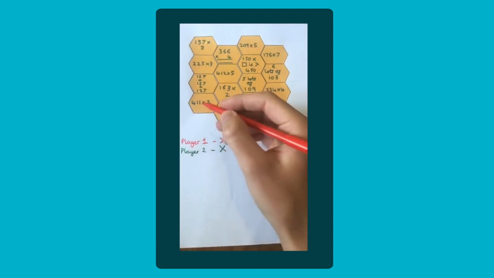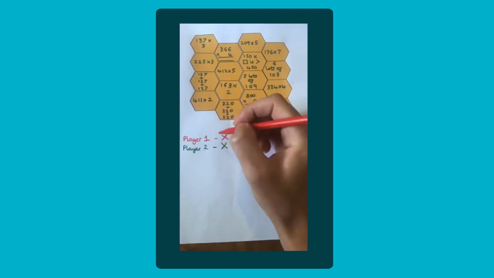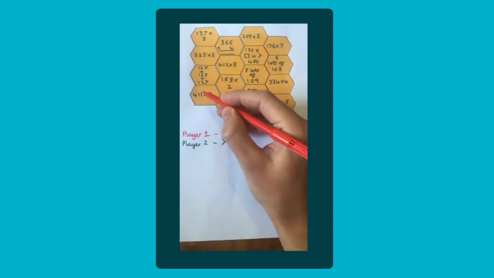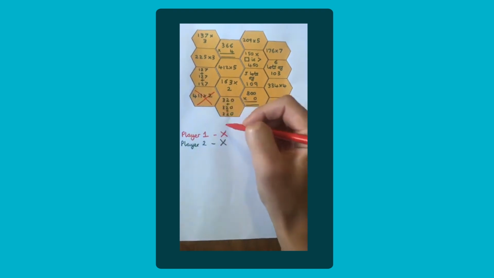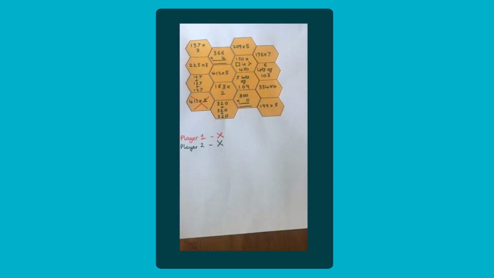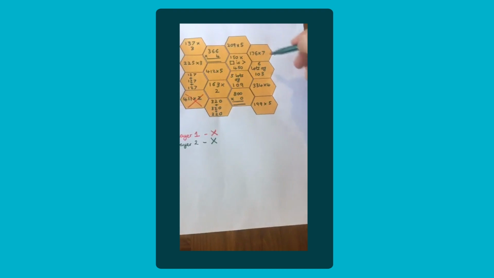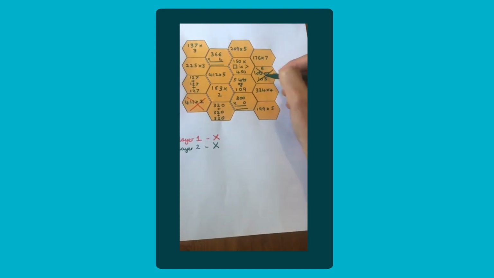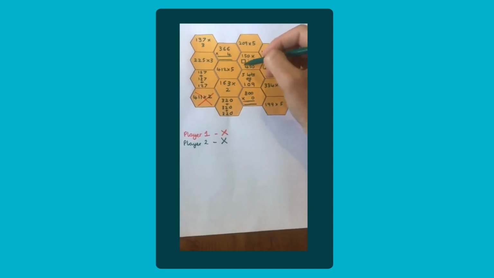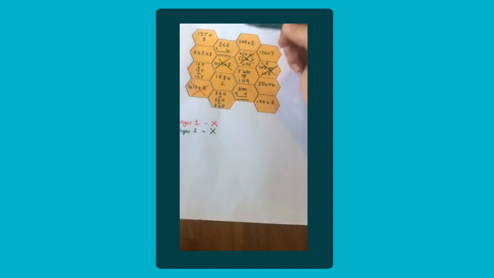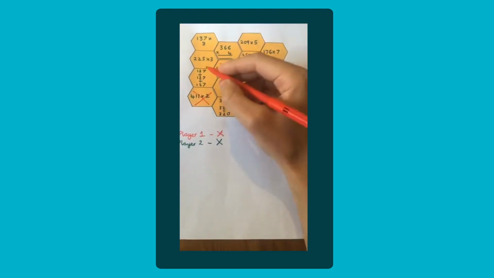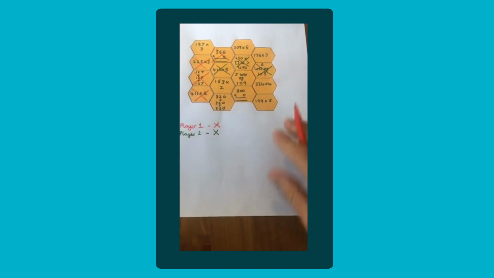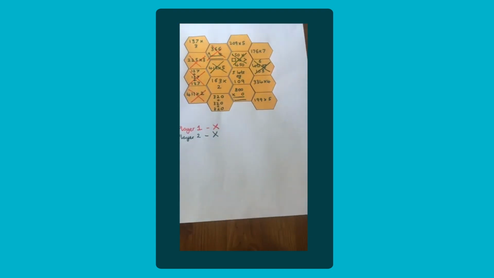So if I chose this one, 411 times 2, I'd go away and practice that on a piece of paper, try and get the answer, 822. If you get it right, you gain that space. Player 1 gains that space. Then it's player 2's go, and they may be trying to go from right to left, and they pick this one, 6 lots of 103. They get it right, they put a cross in, and they're trying to make their way all the way across the board and try not to get blocked by their opponent, who's also trying to go the other way as well. So a nice little activity there for 2 players to play,